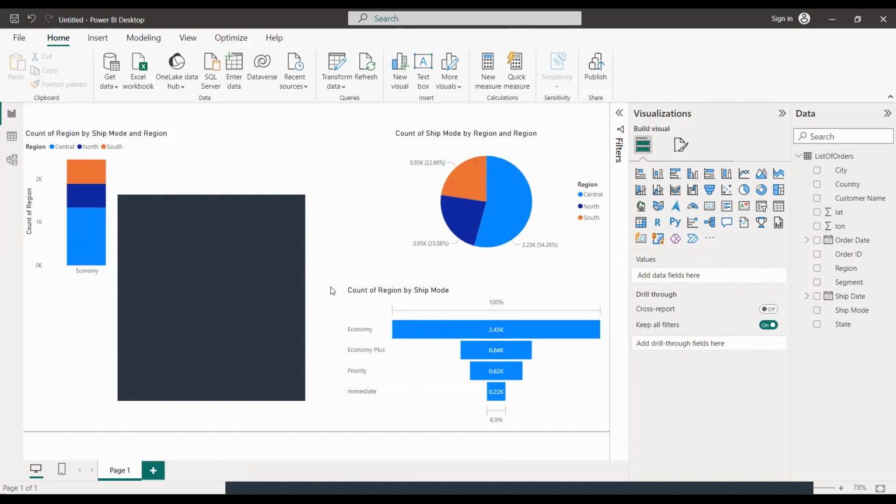So now, these charts, have they been able to determine what the issue in the organization is really about? The issue regarding this chart is that the management is experiencing low patronage of immediate shipping mode.